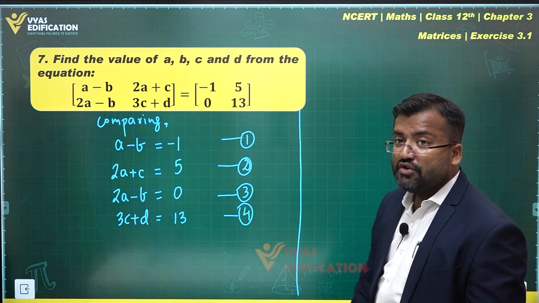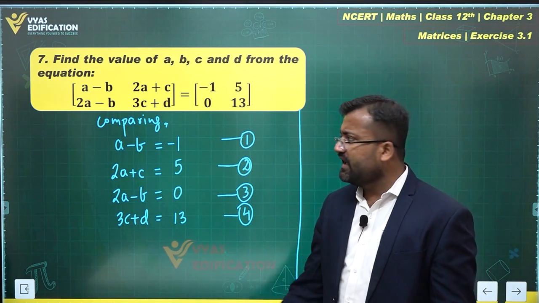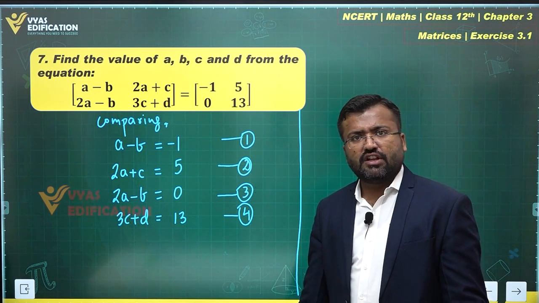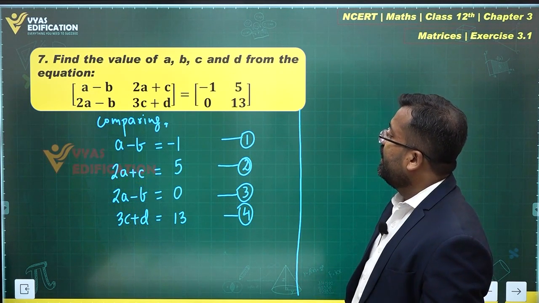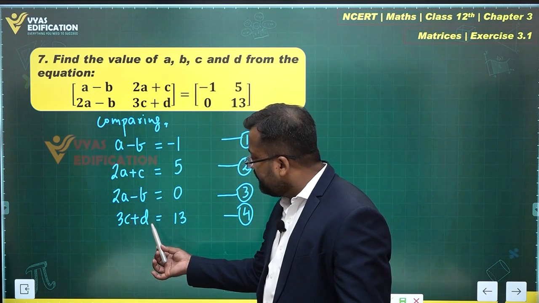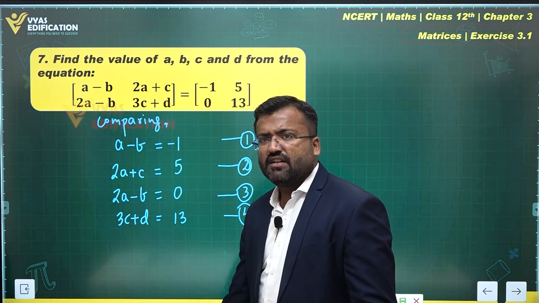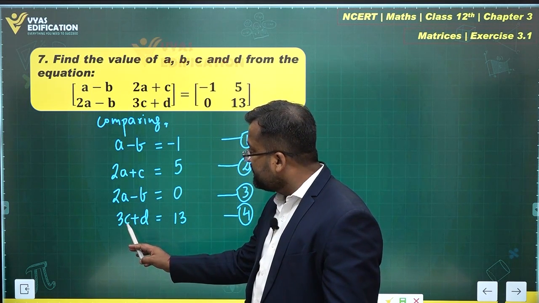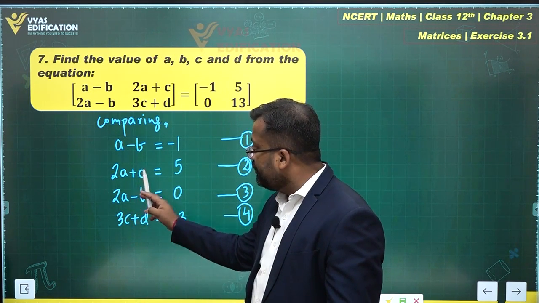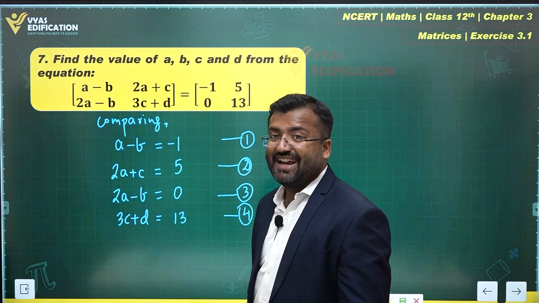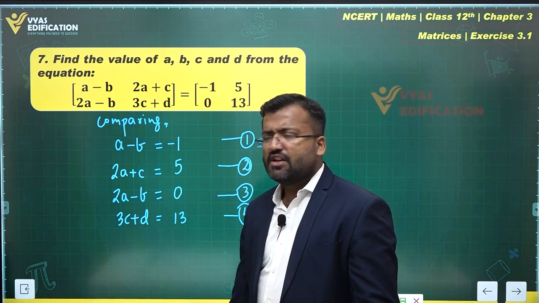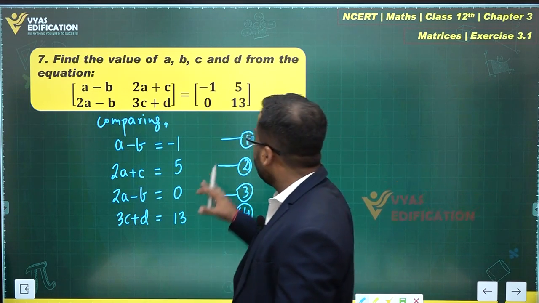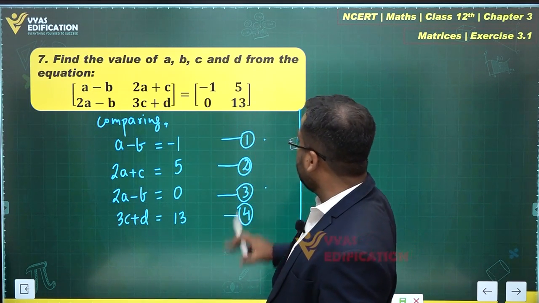Now how do I go about solving? 4 equations, how many unknowns are there? A, B, C and D. If there are 4 unknowns, theoretically we should be able to solve these number of equations, right? How do we go about solving this? And if you observe, D is only present in this equation, right? So there's nothing we can do about D. C is also present here and C is also present here. C is present in 2 equations, but the other 2 variables are A and D along with them. Right. So equations number 2 and 4 cannot be solved simultaneously, but equation number 1 and equation number 3